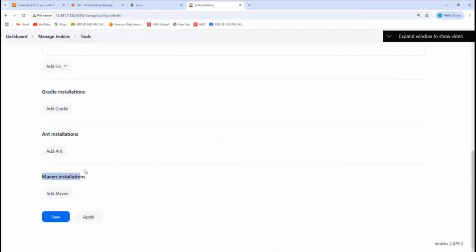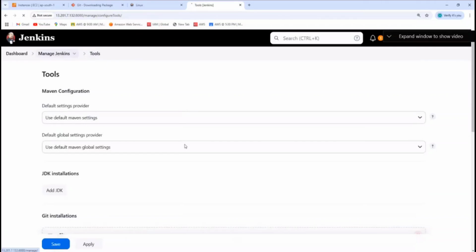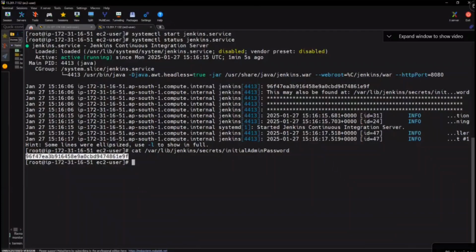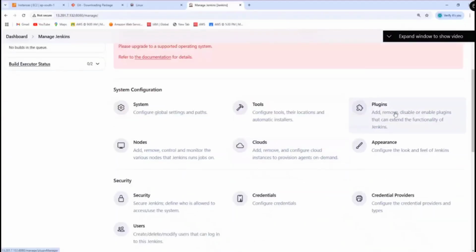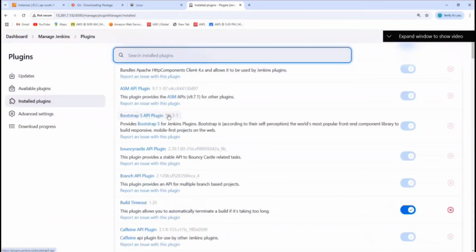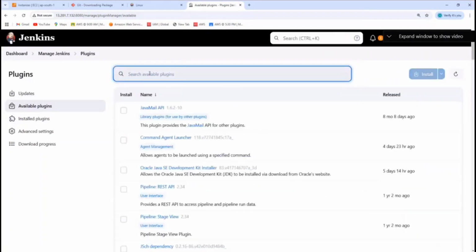Whatever installations you have done, everything will come under tools. Configure tools, their locations and automatic installers. We can install it from here also, or we can install it from the machine. An important thing here is plugins. If you click on plugins, do you see available plugins, installed plugins? If you click on installed plugins, whatever plugins your machine already has will show. Let's say, if you click on available plugins, for example, I want to install a plugin called